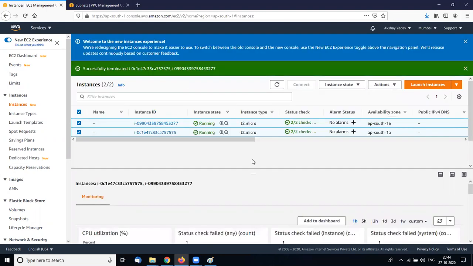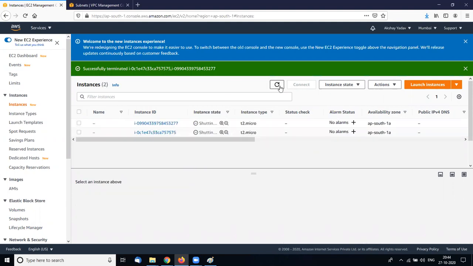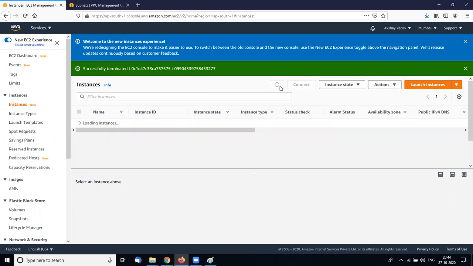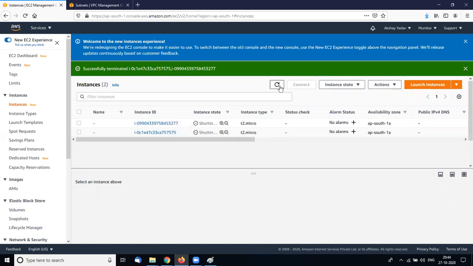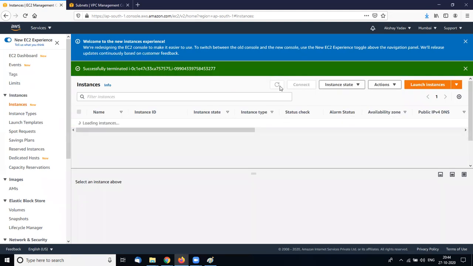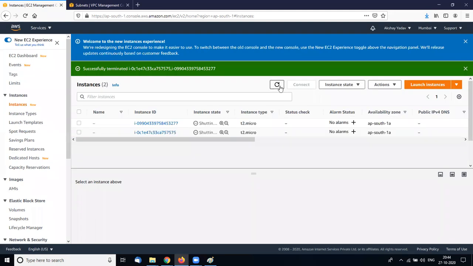Terminate, and the auto scaling group will launch two instances automatically. So I am shutting down this instance. Two instances are shutting down. One is terminated already.